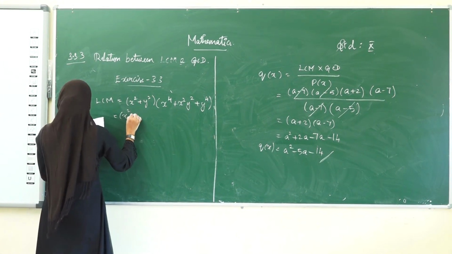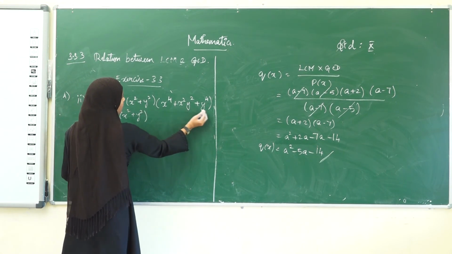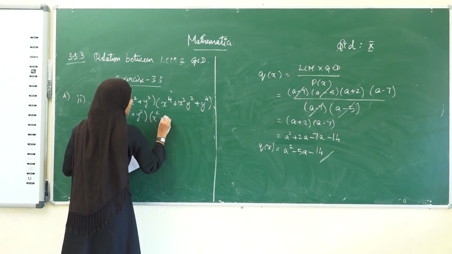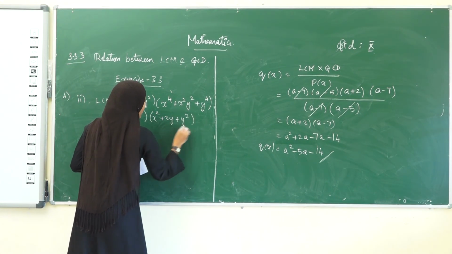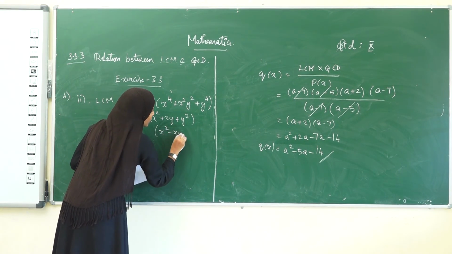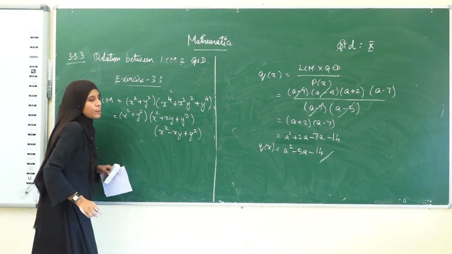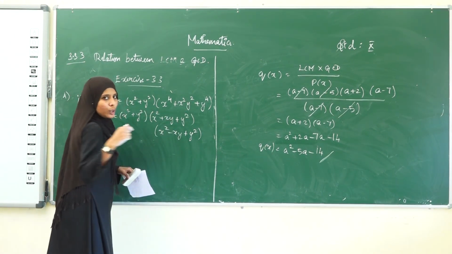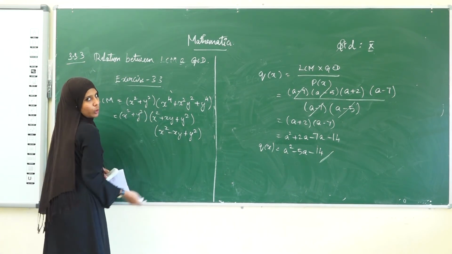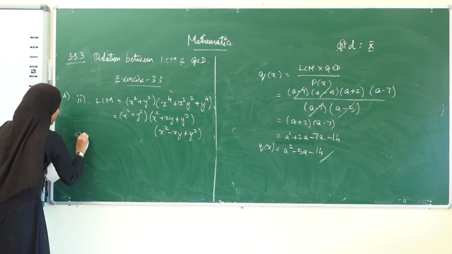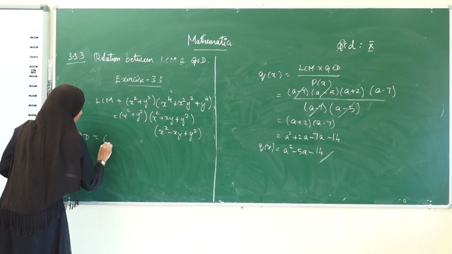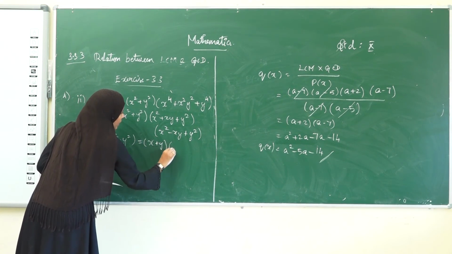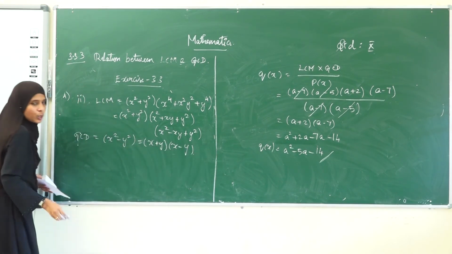See, x square plus y square, let it be as it is, and this can be written as, here I have given you a formula, right? How can we write this? (x square plus xy plus y square) into (x square minus xy plus y square). Like the same way, (a plus b) into (a minus b) is equal to a square minus b square. Now, what is the GCD they have given? GCD is x square minus y square. How can you write this? (x plus y) into (x minus y). This is of the form a square minus b square formula.